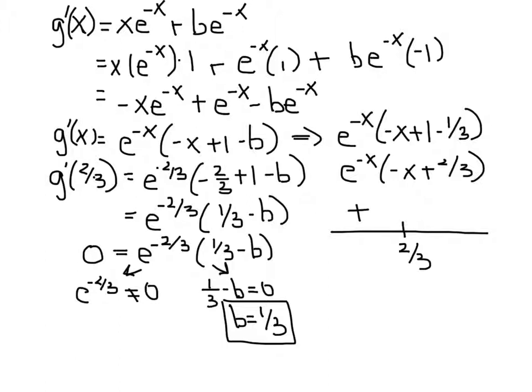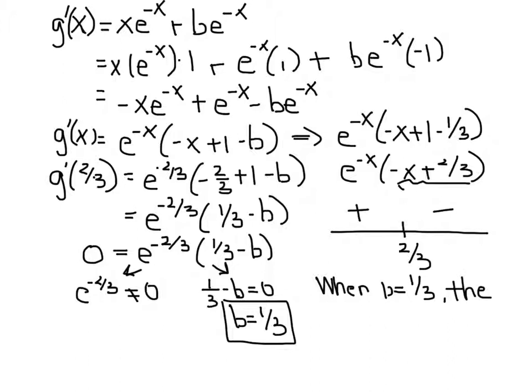However, if I have a number greater than 2/3, like negative 3/3, then the parenthetical statement will be negative times a positive, so negative. So we can see then that the derivative changes from positive to negative, therefore it is an absolute maximum. So I would make sure to write that out when b equals 1/3